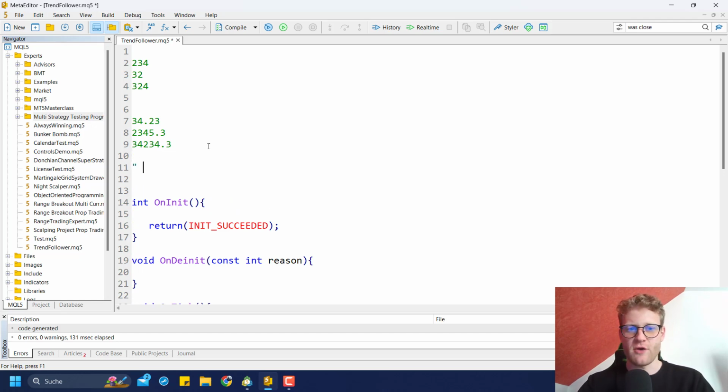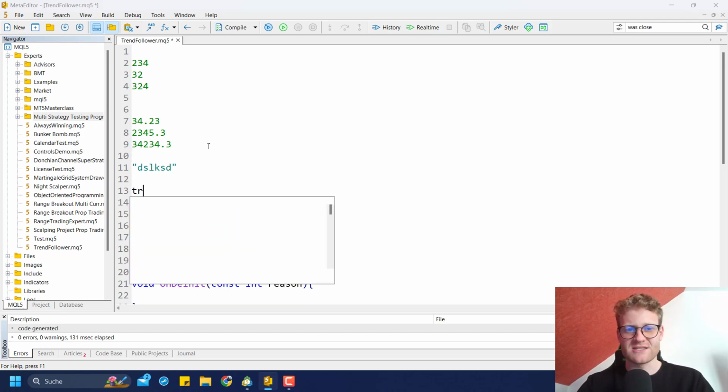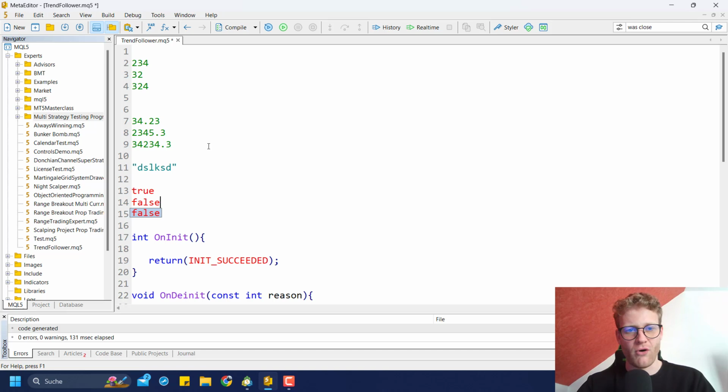You could also have variables like this, which would be a text, or something like true or false, which is another variable type. We need to have different variable types in computer programming because the variable type defines how much space in your memory, your working memory, is reserved for this specific value. So in this case, if we have a look at all of these blocks again,